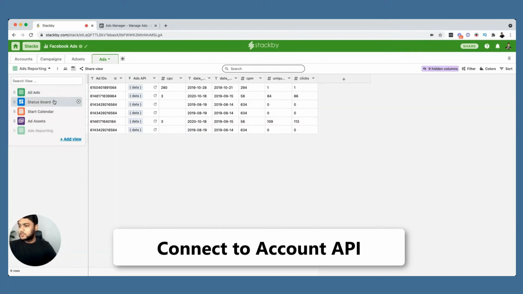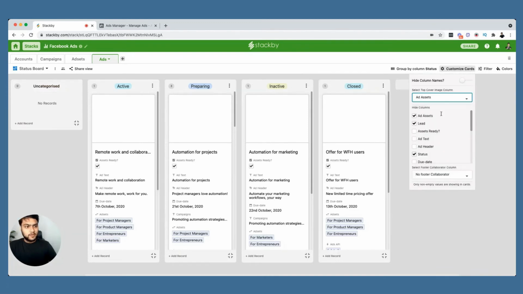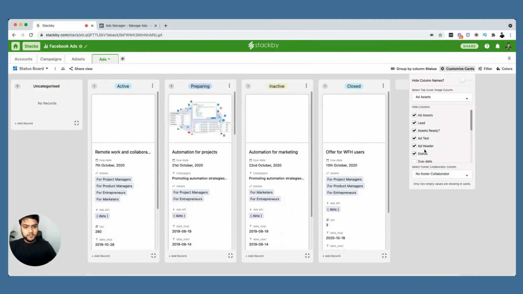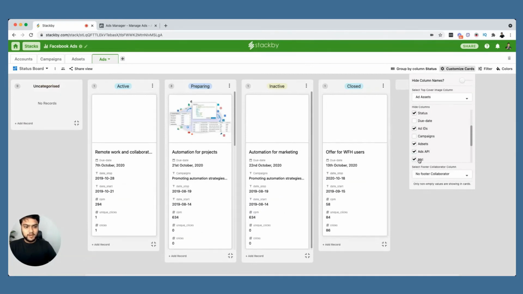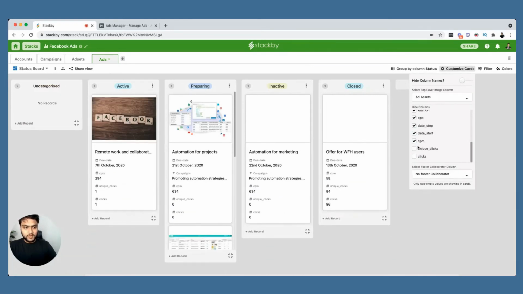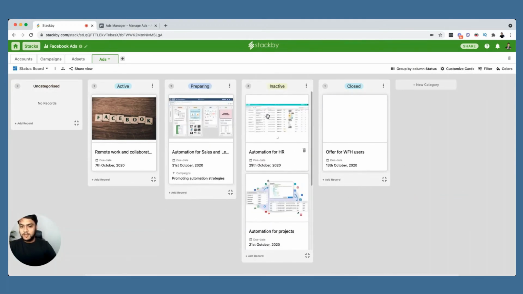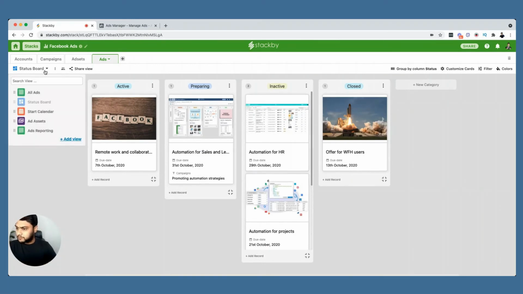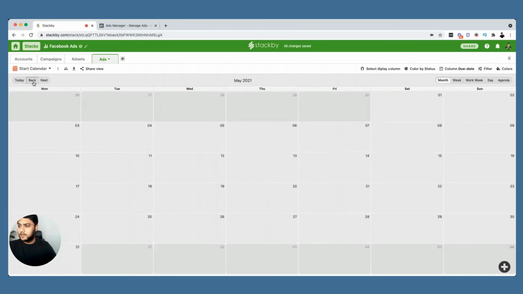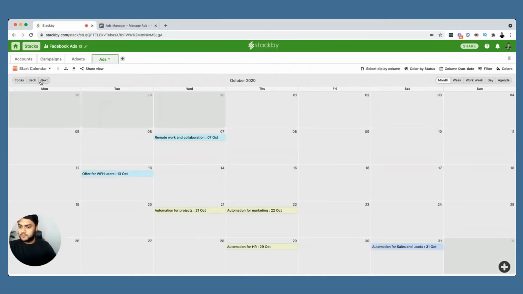Now within the ads, you can also, of course, look at this in a Kanban style view, where you can drag and drop between different column types, different models. So just add it here, right? So this is how you can track your ad pipeline as a status board, or you can even see it in a calendar format based on the start dates and end dates, right? So this is how you can see it in a calendar. And if anything changes, you can also move it accordingly. And you can color code by the status, right? This is how you can color code it.